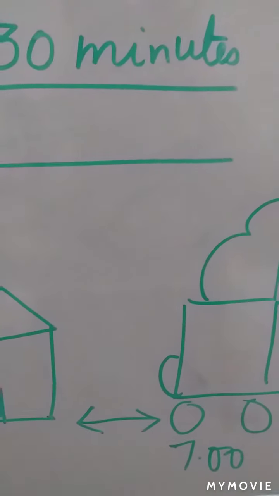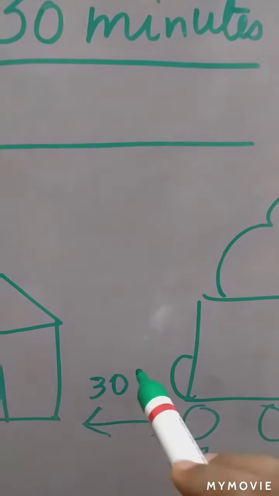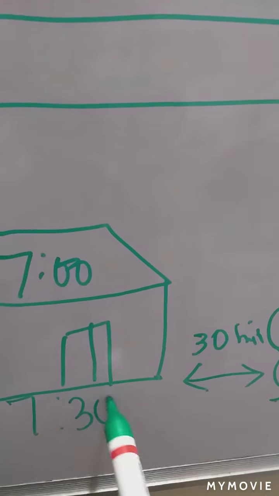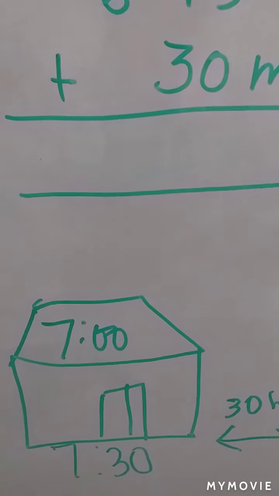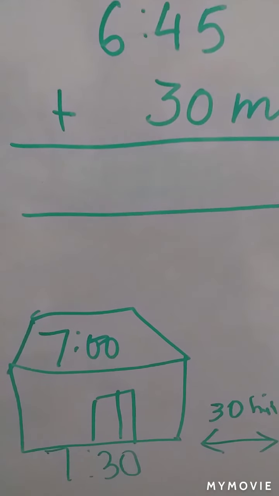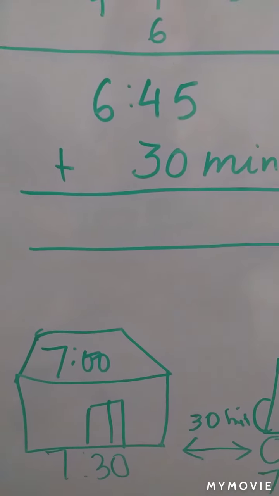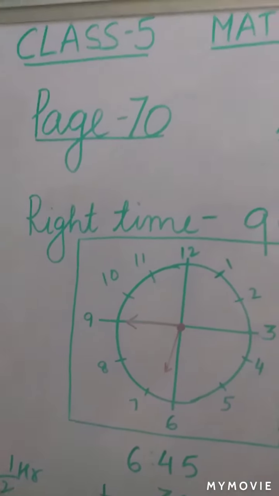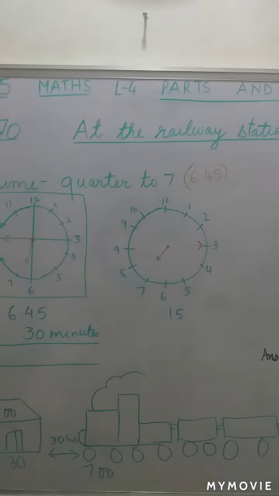So suppose it takes 30 minutes more to reach the station. That means this train will reach the station at 7:30. Late does not mean that we have to go back in time. Late means that the time which the train was supposed to arrive is going to move forward. So in our question, the right time for the train was